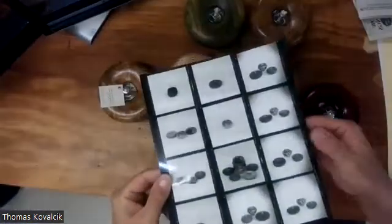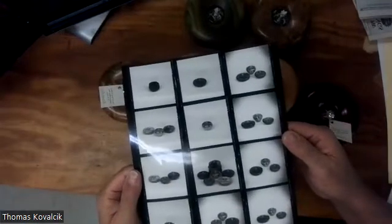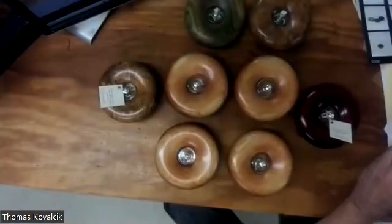These are before digital cameras. This is how we used to do newspaper ads. Some of you might remember this kind of stuff. I had a professional photographer come out and take all this stuff. And here's